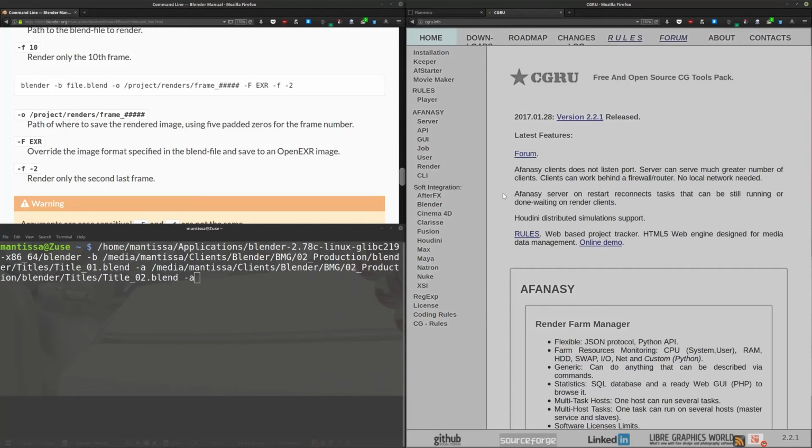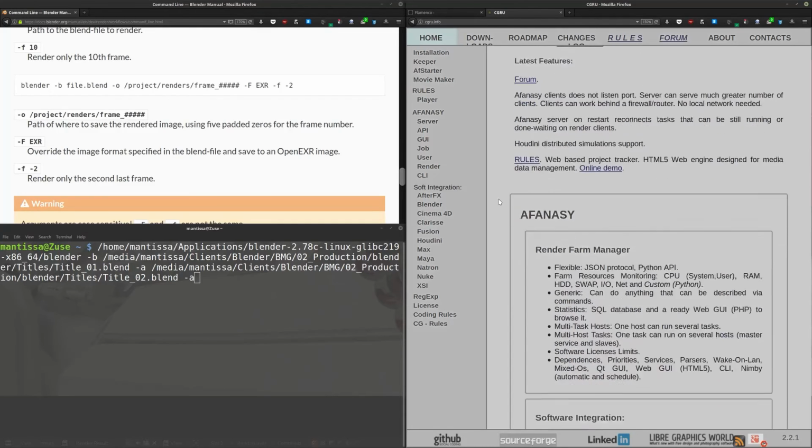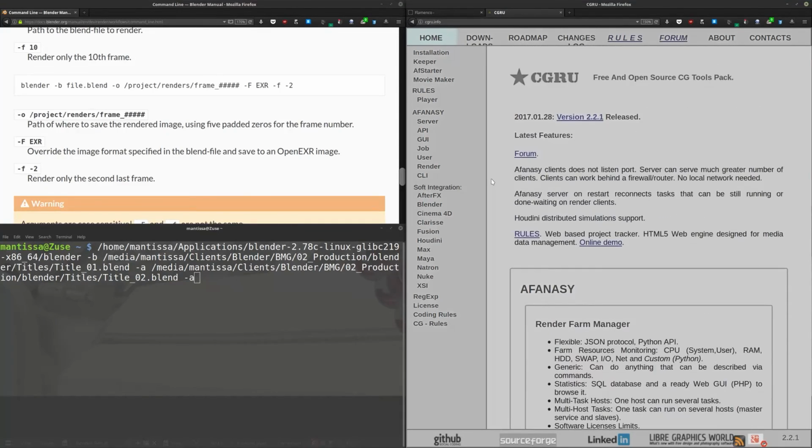I've used this in the past quite a bit. It can be a little tricky to set up, especially if you haven't really looked into it that much, but if you take the time to read the documentation, they also have a forum where you can ask questions. This is a really, really cool piece of render management software, and it's open source and free as well. So that's great. I hope that points you in the right direction for the stuff that you need if you want to render a whole bunch of stuff all at once. And yeah, that's it for this section.